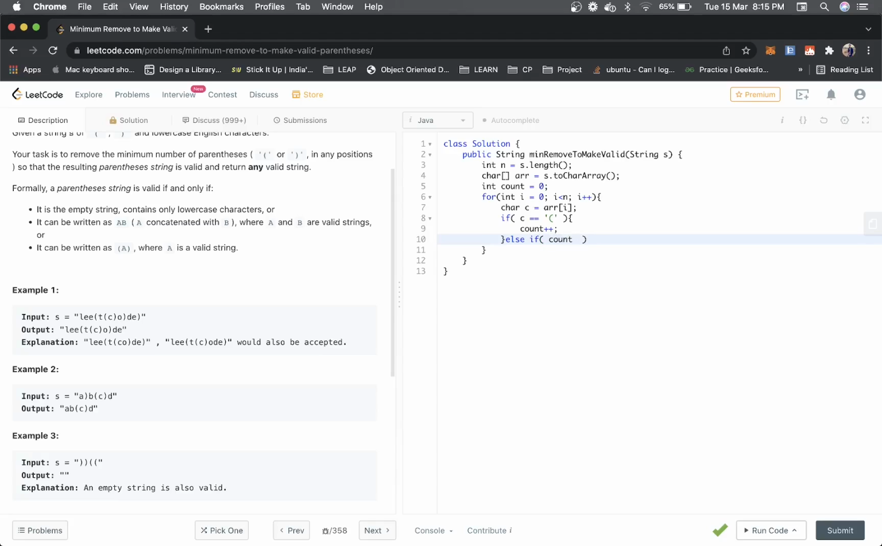Else if current is equal to closing parenthesis, we have two options. If count is equal to 0, we mark it, array i is equal to some special character. I use hash. If count is not equal to 0, we decrease the count by 1. And after traversing the string, now we traverse the string from the end,